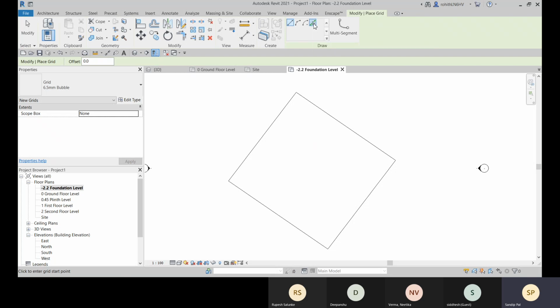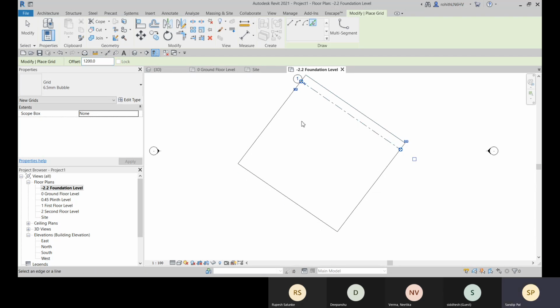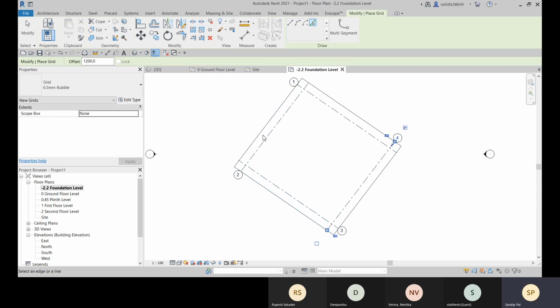You can choose the pick line option. So let me go with a 1200 offset. Okay, so that is created, and I'm going to give this offset over there. Now let me give 3200.